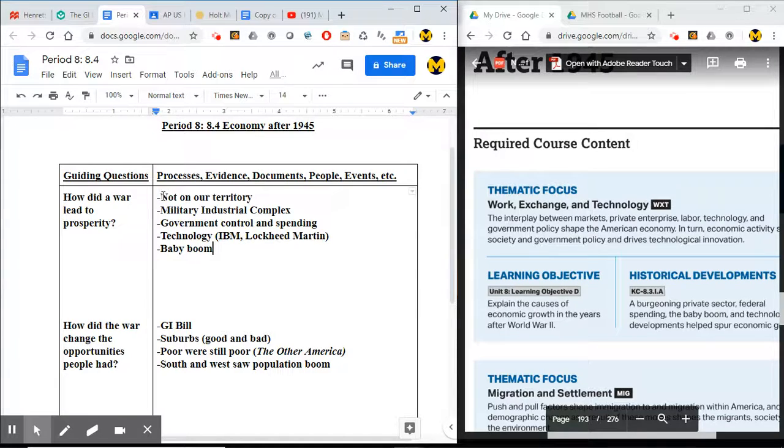Well, number one, the war didn't happen in our nation. The major economies of the world, European economies, Germany, Great Britain, places like that, are crumbled, destroyed physically and, in terms of their banking and financial systems. The Far East, Japan, China, they're destroyed. The Soviet Union has lost millions and millions of people. They lost more people during the war than anybody, some through enemy attack and some through their own doing.